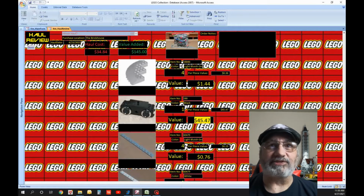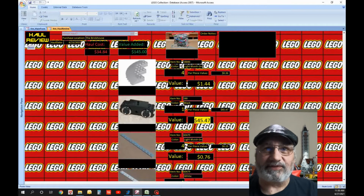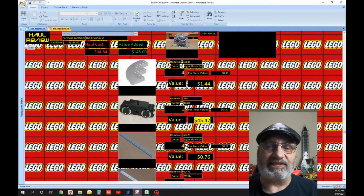Now, this value is what the value was at the time that I started. When I first got the first motor, I got it separate from the train sets that I have. And that value now on average is actually higher. It is closer to about $55 on Bricklink right now on average. I don't know whether it's just because so many people have gotten into the hobby over the last year that the prices are rising. When I was talking with one of the owners there at the Brickhouse, they did say that it was...